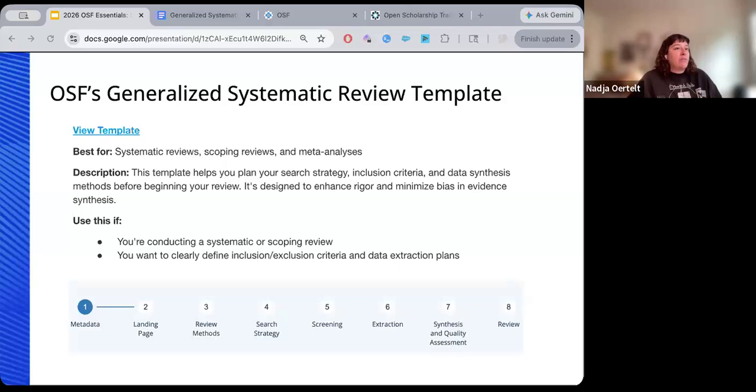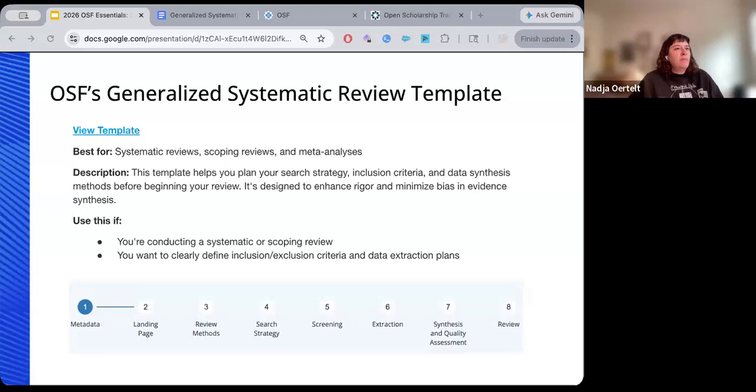There's also a required metadata section, and this is extremely important. If I can emphasize nothing else about how to engage with registrations on the OSF, it's that you should put in as much metadata as possible. So title, description, contributors, subjects, licensing, tags, funders. It's the same across all OSF registration templates. It's really important for discoverability. It's important to make your scoping or systematic review findable. And we're going to spend a little bit of time on that, but just really want to emphasize that that's extremely important.